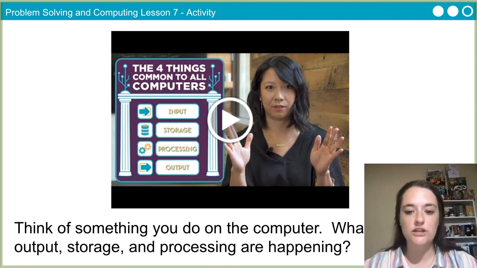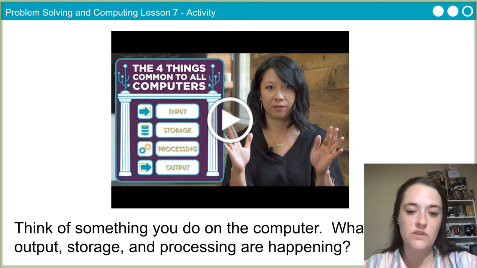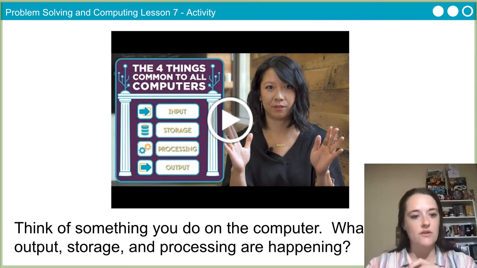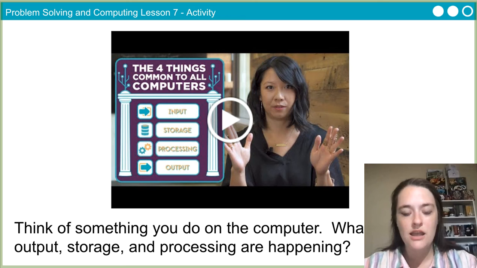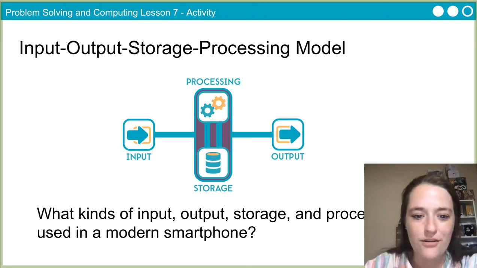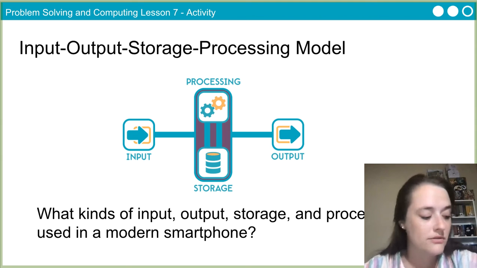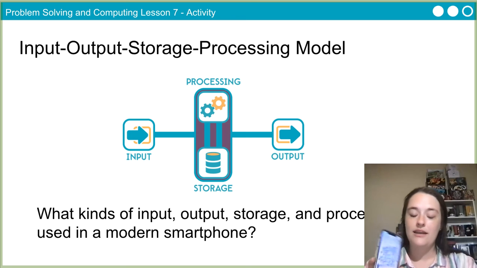What kind of storage and what kind of processing are happening? Well, Google Docs saves your work automatically. Processing: whatever you're typing actually has to be converted from binary into ASCII characters. And we will get into that a little bit later. But I want you to think about now, what kinds of input, output, storage, and processing are used in a modern smartphone? If you have an iPhone,